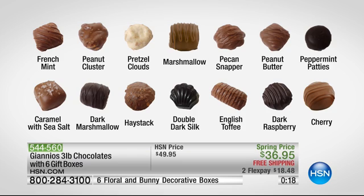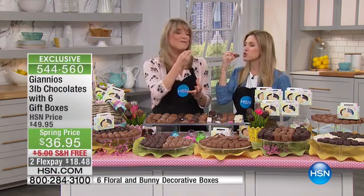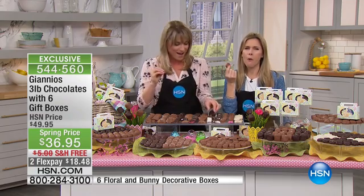Our caramel with sea salt, that is homemade caramel. The dark marshmallow, the haystack for the coconut lover in your life. The double dark silk, I always dunk that in a cup of espresso or coffee. It melts right in your mouth. The English toffee, the dark raspberry, and then our milk chocolate cherry. And by the way, the finest of the fine ingredients, okay? All that caramel is homemade caramel. The marshmallow is so fluffy. If you don't like marshmallow, I still challenge